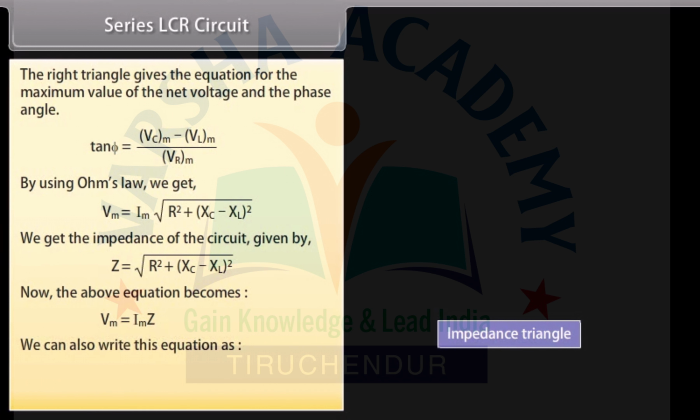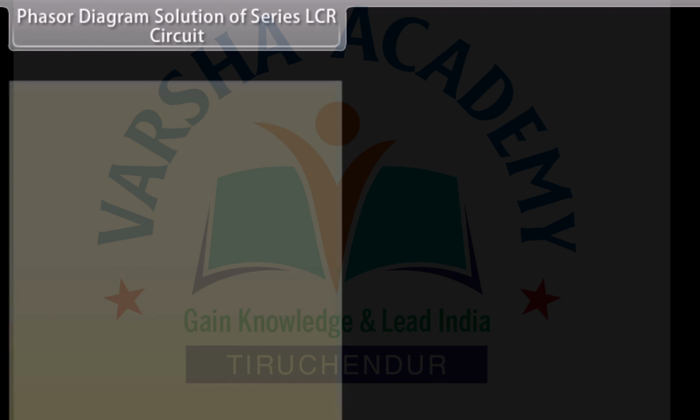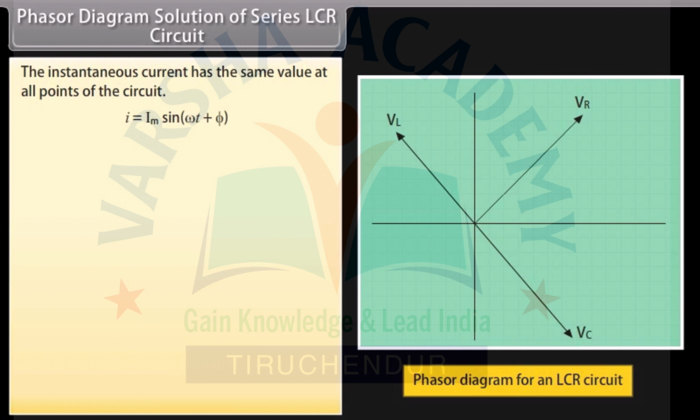We can also write this equation as Im is equal to Vm upon Z, or IRMS is equal to VRMS upon Z. Phasor diagram solution of series LCR circuit. The instantaneous current has the same value at all points of the circuit. I is equal to Im sine omega t plus phi,